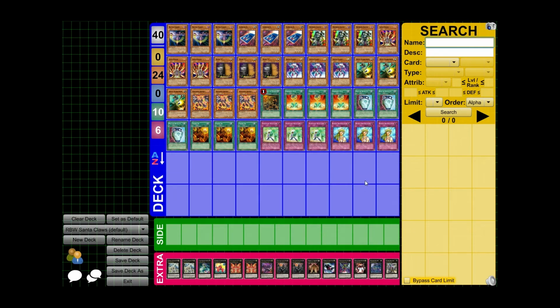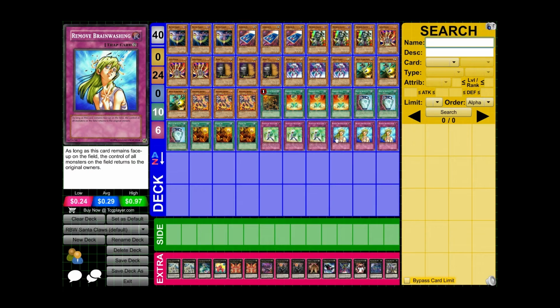I prefer to play an OTK style of the deck, he prefers to play one that can draw out the battles and is ready for a few different situations. So I figured I might as well make a quick video showing how I play the deck, because some people might look at that deck and think to play it like he plays it, where you take it turn by turn. Whereas the way I've built the deck and the way I prefer to play the deck, I play it as an OTK deck. So I'm going to quickly run through the cards that I'm using in this Remove Brainwashing